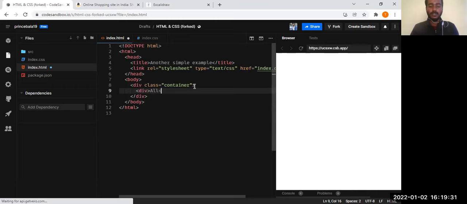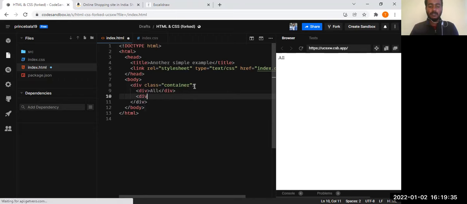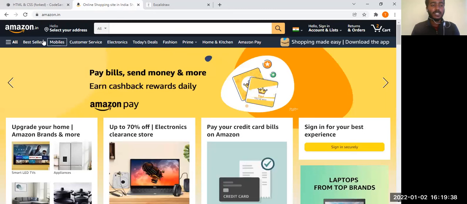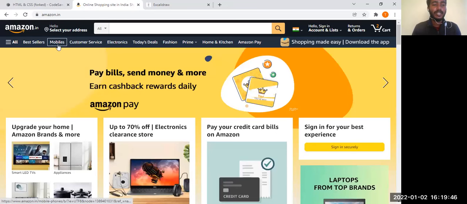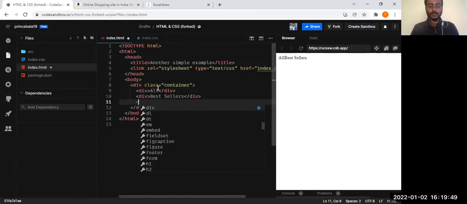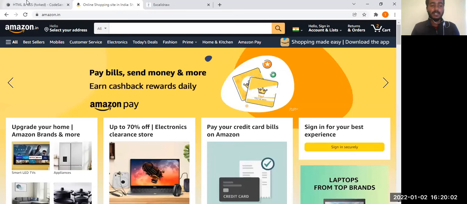First is for all, and I'm going to create one more division for bestsellers. And I'm just going to create a division for mobiles. And there is a division for customer service.